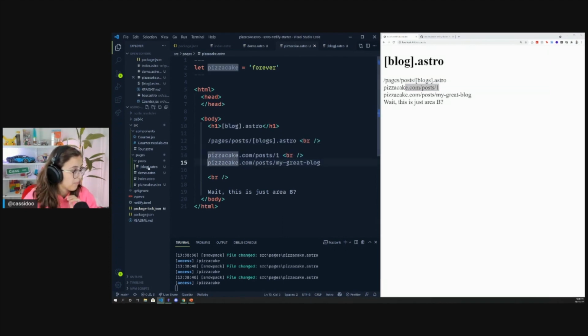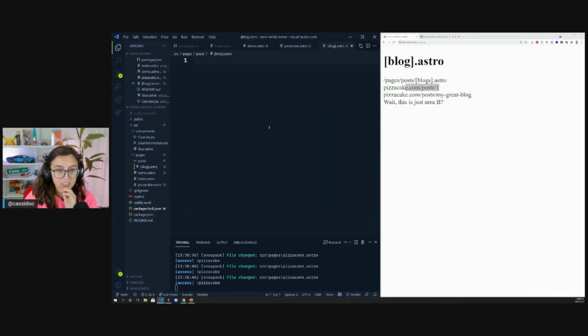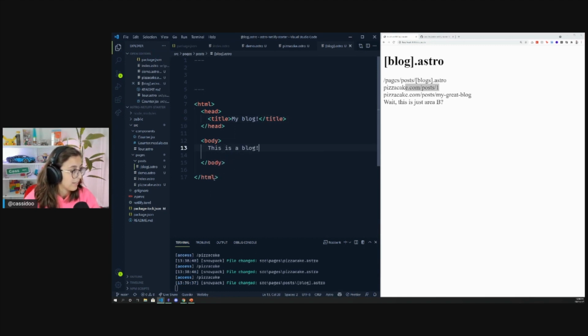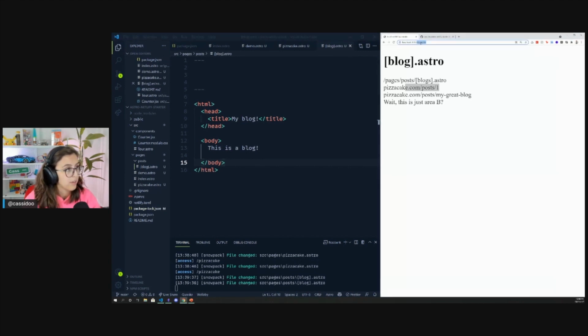Good question. Okay, so I'm going to go into this blog.astro thing in here and let's just say, I'm going to say this is a great blog post or something. So inside of here, you could also create components within components. And so I could make a layout component that does some of this for me, but I'm busy talking too fast. And so I'm not doing that right now. And so inside of here, title, and I'm going to say my blog for now. And I'm going to say, this is a blog. Okay, cute. It works. So if I were to go to localhost 3000 /posts